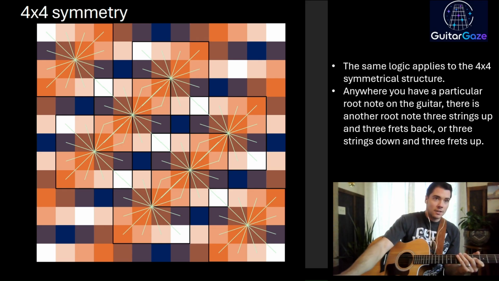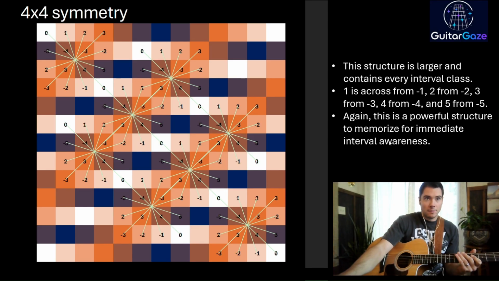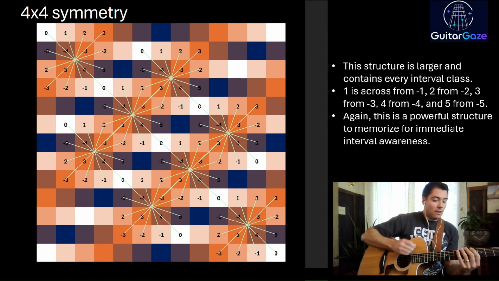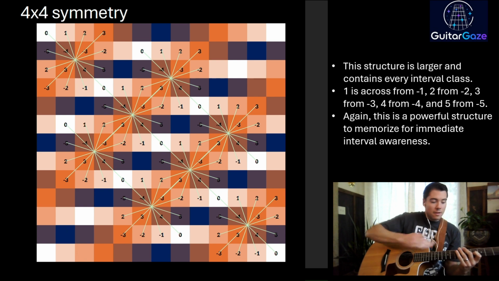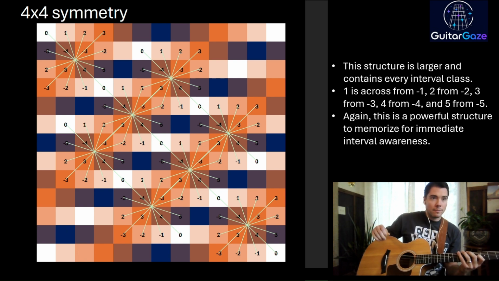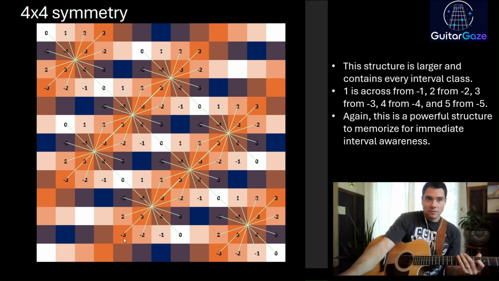So the same exact logic that applied to the last 3x3 structure applies to this 4x4 structure. So this is a 4x4 symmetrical structure where every note that is contained within it is reflected across the central point to its opposite interval value. When we add the numbers in, you can see. I'll stick in the same location where I've got B as my root note and then B of the next octave, 3 back and 3 up in the other corner. And if we were to do the Dorian mode, for example, which is -3, -2, 0, +2, +3, 5, and -5,